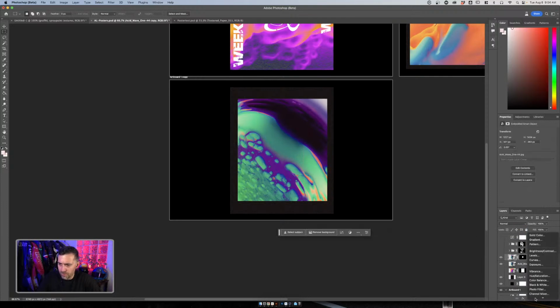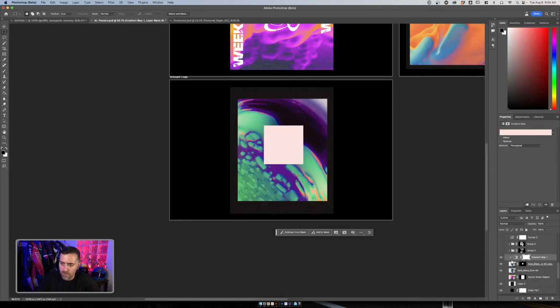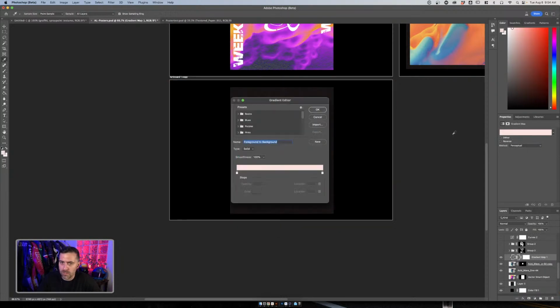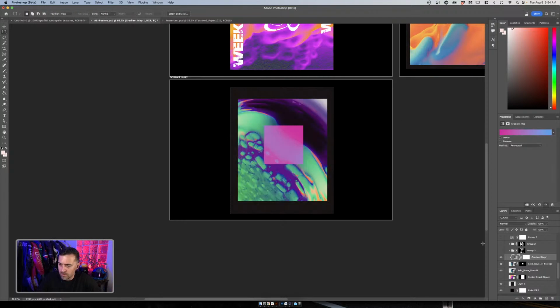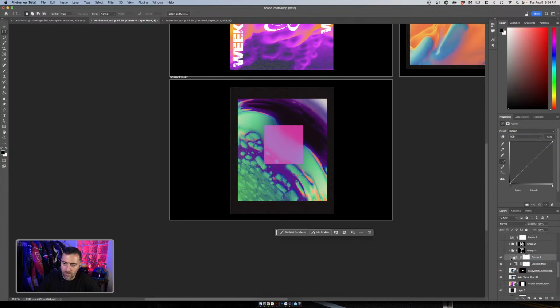And then we will throw on a gradient map on top of it. And then Alt click onto it, then add whatever colors we want. And then we'll do like a curves change. Again, Alt click, so it's just impacting that one layer.